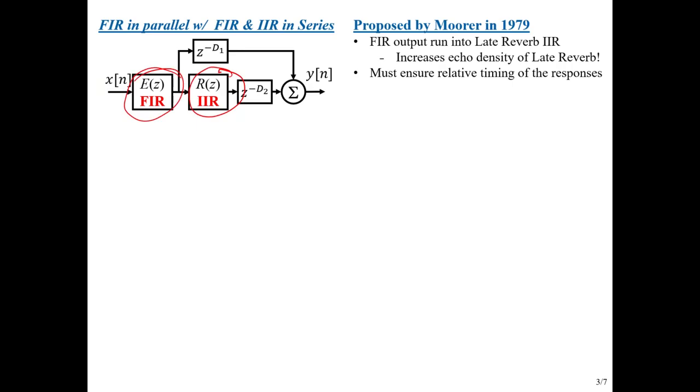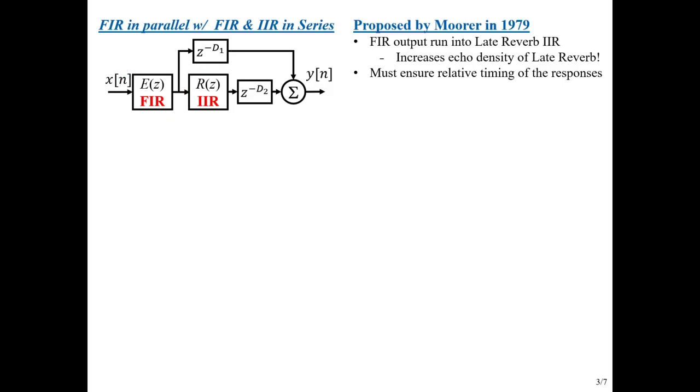And that kind of makes sense. That's really what's happening in the real world. It's not like the actual signal goes directly into just the reflections that make the reverb. No, the thing that makes the reverb is all those early reflections continuing to bounce around. So this kind of makes sense. And we'll see later that we have a hard time getting this thing to give us the echo density and time that we need. Well, this just helps that, because instead of just having, if we're thinking about the impulse